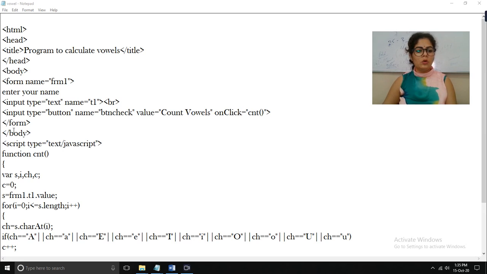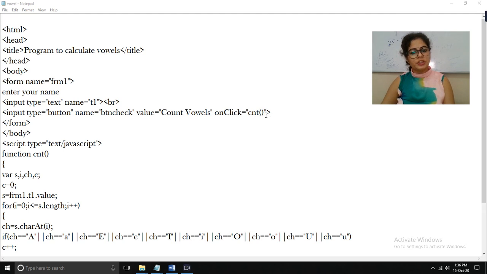Now, in the case of input type button, you have to provide two values, name and value. And the next thing is the on click event. On click is a mouse handling event, that is, the event will occur when we click on it. On click is equals to CNT and brackets.